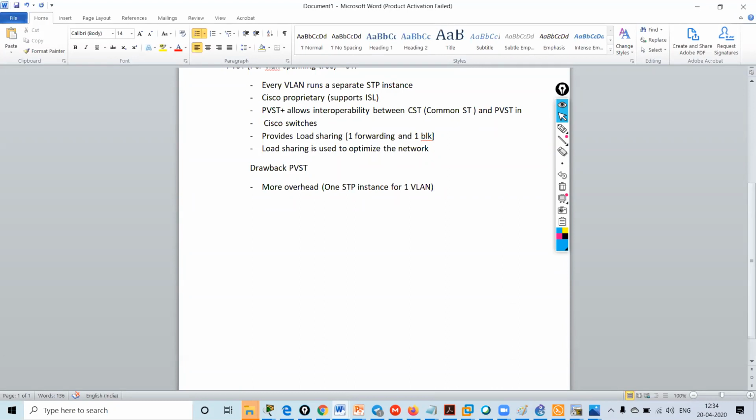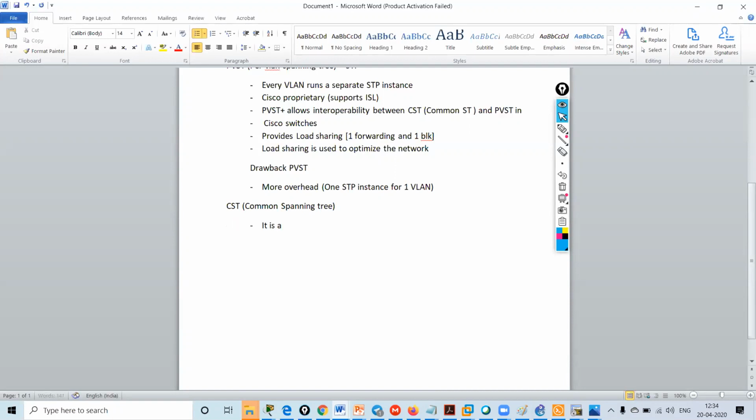Okay, so to overcome this, they introduced a concept known as CST, common spanning tree. Now, what is common spanning tree?